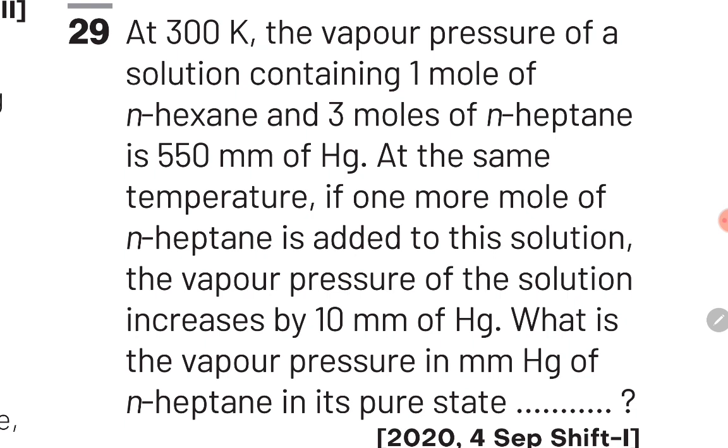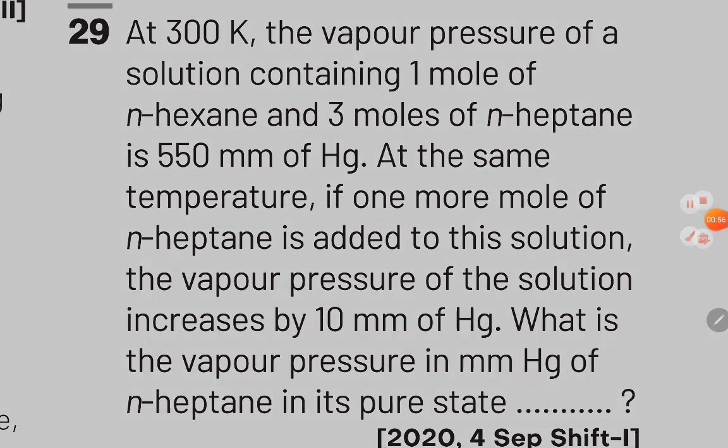Guys, इस question को solve करने के लिए we will again use Raoult's law. According to Raoult's law, total vapor pressure will be equal to x of hexane into P naught of hexane plus x of heptane into P naught of heptane. Guys, हम बस दोनों components के vapor pressure को add कर रहे हैं और इससे हमें total vapor pressure मिल जाएगा. So guys, we need to use this equation 2 times और हमको इस question का final answer मिल जाएगा. Let's observe this in the solution in the next slide.